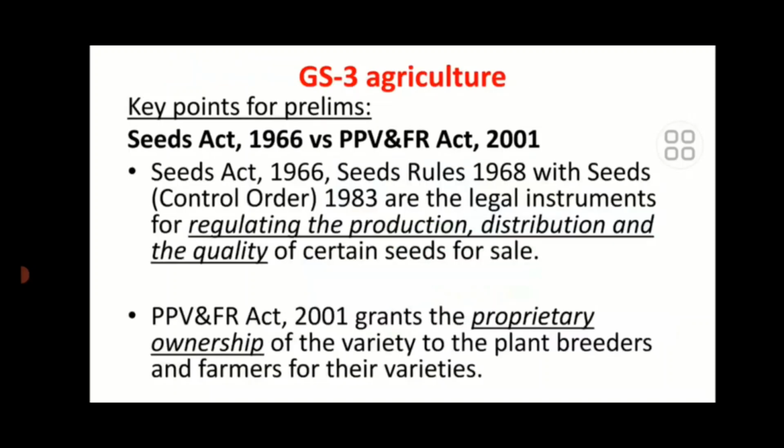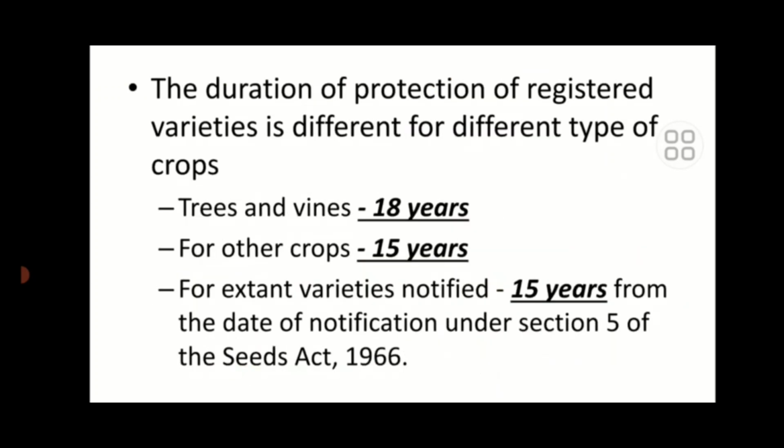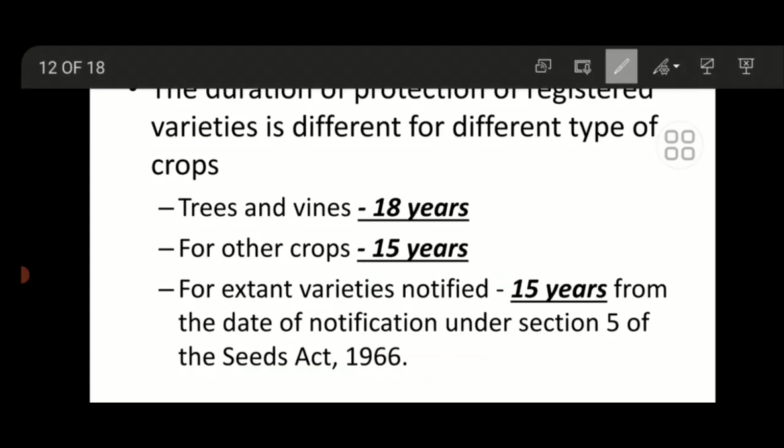Open source seed movement. This comes under GS3 agriculture. For prelims: the Seed Act 1966, Seed Rules 1968 and the Seed Policy 1983 are the legal instruments for regulating the production, distribution and quality of certain seeds for sale. This grants proprietary ownership of the variety to plant breeders and farmers for their varieties. The duration of protection of a registered variety differs for different types of crops. For trees it will be 18 years, for other crops it will be 15 years,